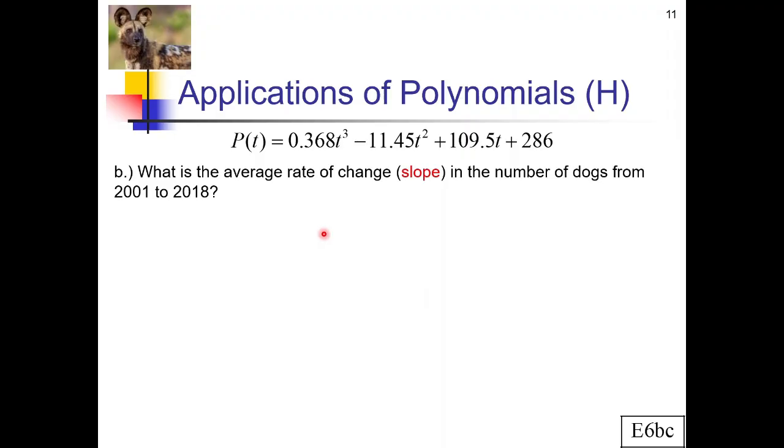So we're going to go to the next part of our example now. We're still having fun with the African wild dogs there, but now we're going to be asking what is the average rate of change, which is another word for basically slope, in the number of dogs from 2001 to 2018. So the average rate of change, it's important that they're asking for the average rate of change and not